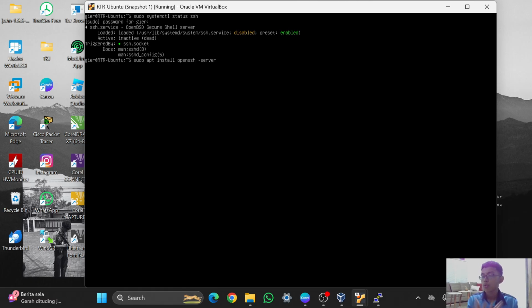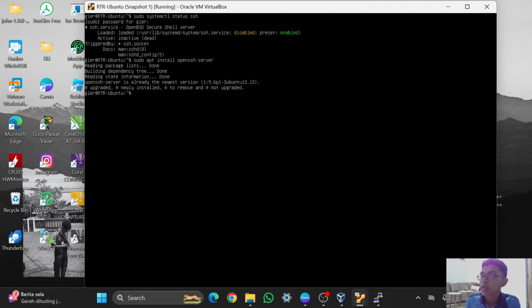But if you want to remote it from the client, you can add dash client. Here, because I want to remote the server, I will just use dash server. I will delete the space, so you can type this to install the OpenSSH server. I will just press enter and wait until it's finished.